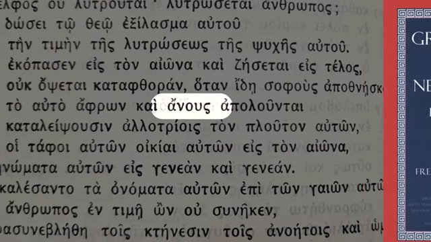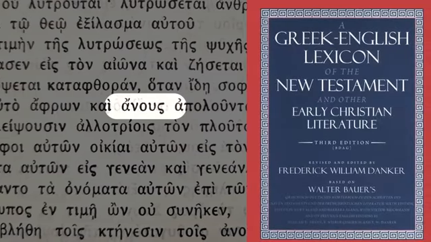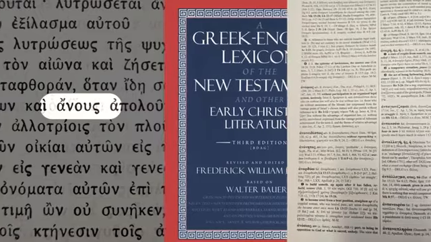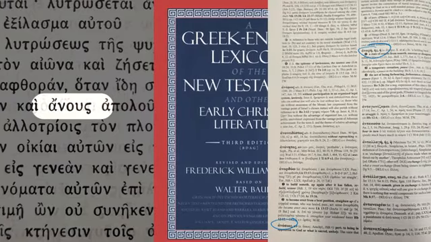Well, you might be tempted, if you spend a lot of time in the New Testament, to pull out your trusty BDAG, the Greek-English Lexicon of the New Testament and Early Christian Literature. And this is a great lexicon. It's kind of the gold standard in that world of studying the New Testament. And let's say you flip it open to where you should find this word, and you would expect it to be somewhere between anasias and anoche, at least alphabetically. But as you can see here, it is not there.